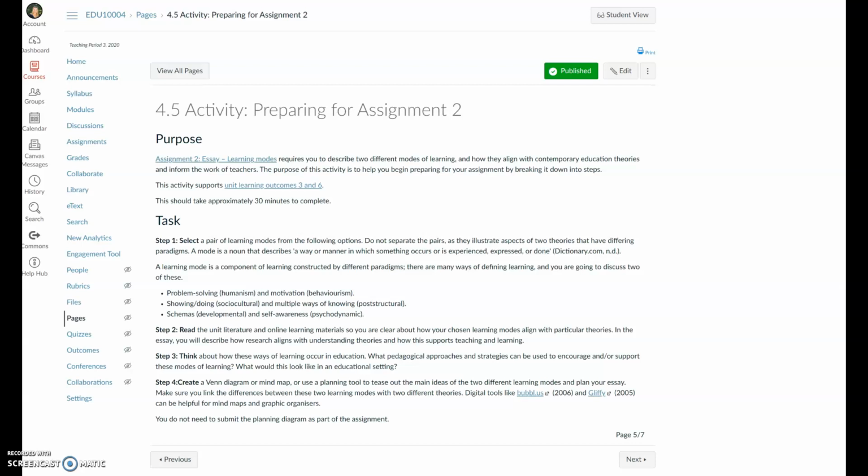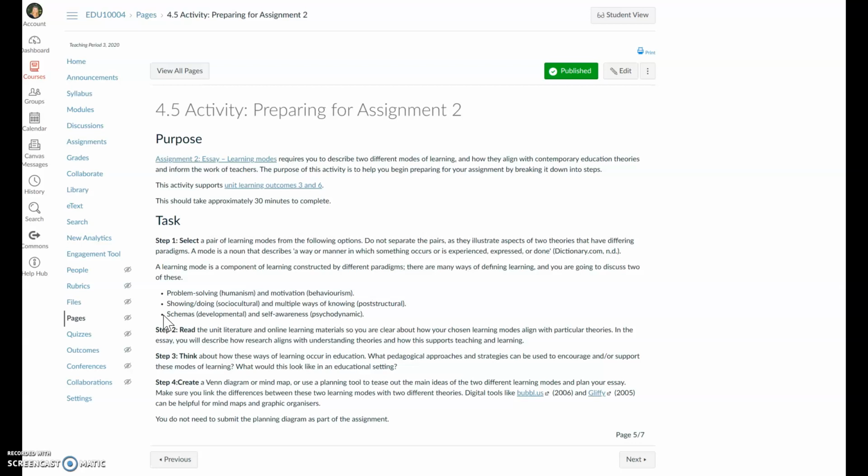This is to help you understand one way to begin your research. So we know that hopefully you've listened to the other videos and you understand that a key step in completing this assignment will be going to page 4.5. So here we are, and these are our 3 different options we're encouraged to use for our learning modes and our accompanying theories. So I just thought I'd walk you through how I would begin